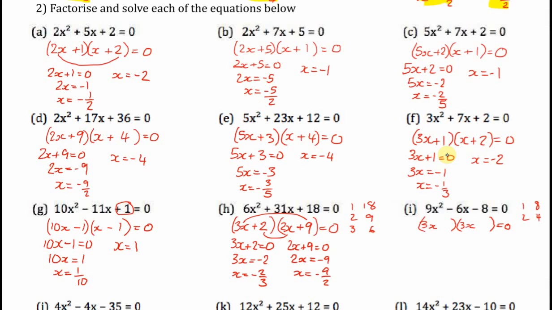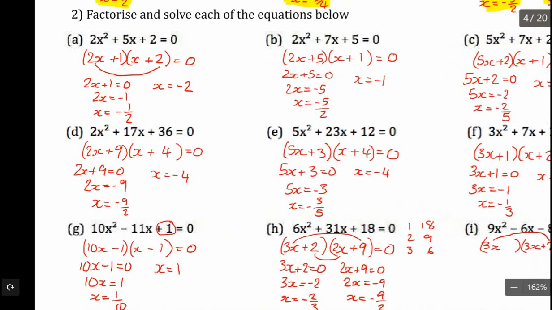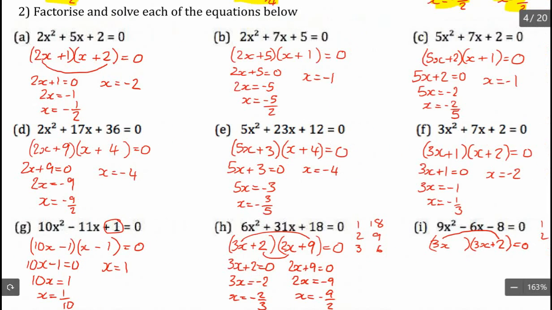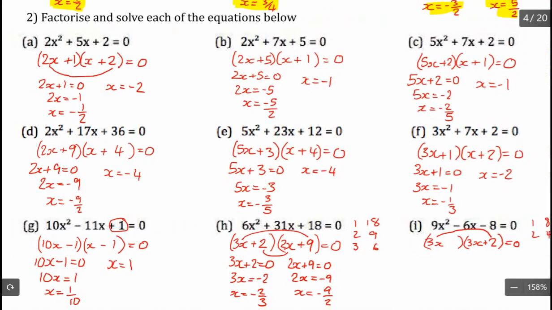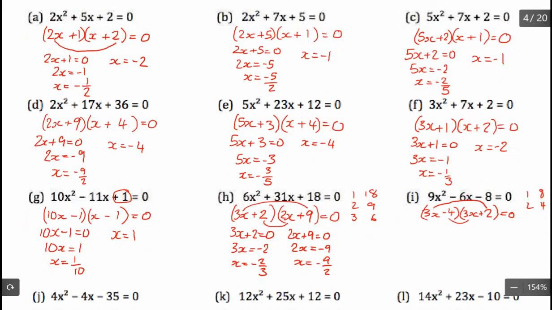So I want to have a plus 2 there, because that would cause me to get a plus 6x, and then I want to have a minus 4 here, because this multiplication would cause me to get negative 12x. So that's my